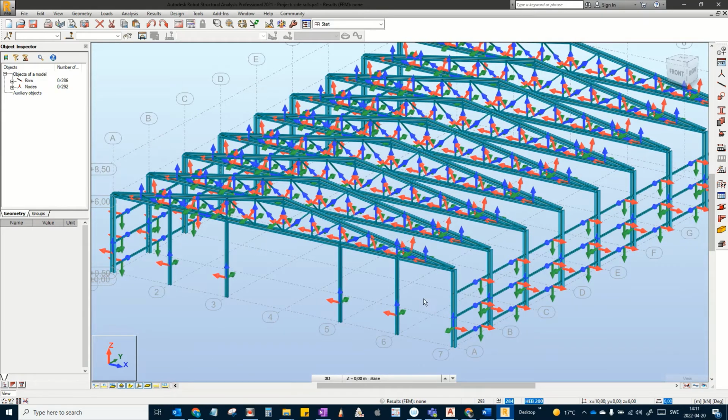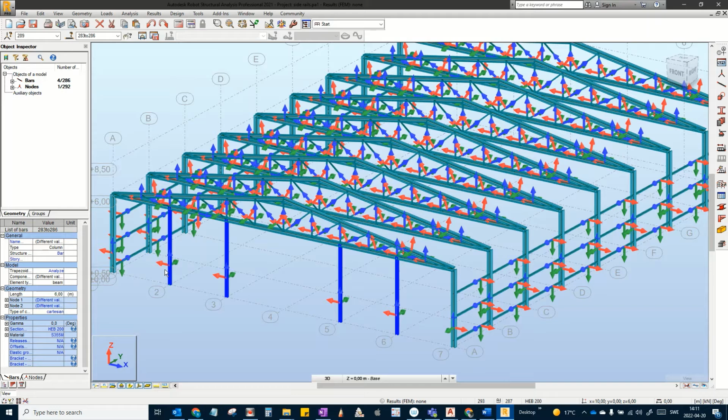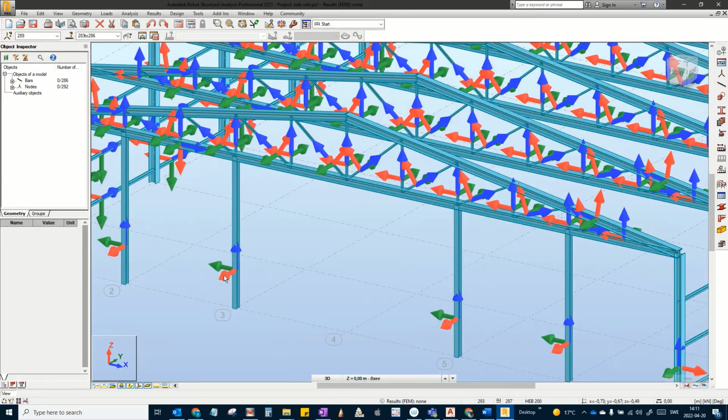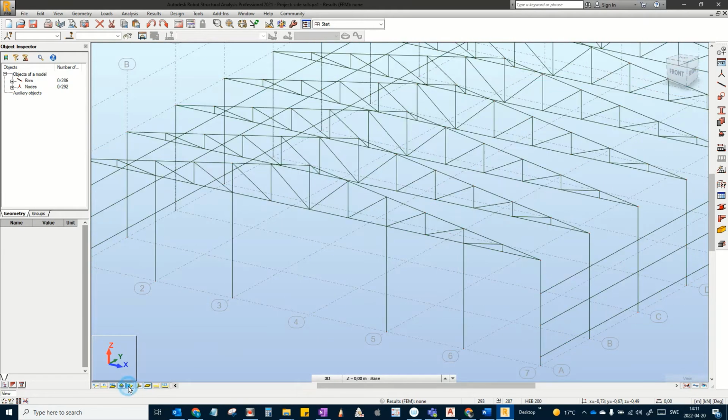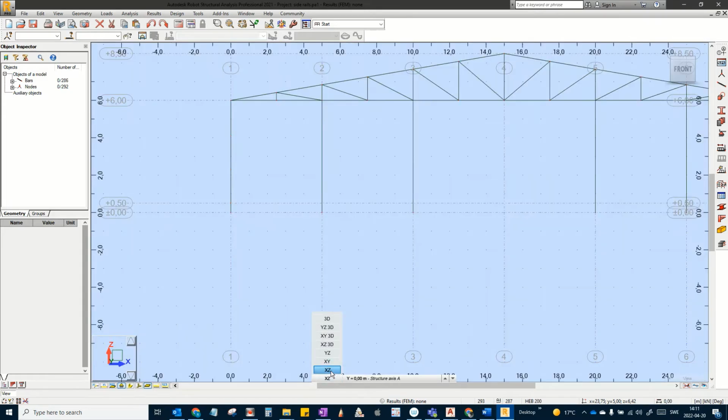Yes, so we need to select these 4 columns, change the angle to 90 degrees, and look at the top flanges. They are correct right now. We get back to the plane X zeta,